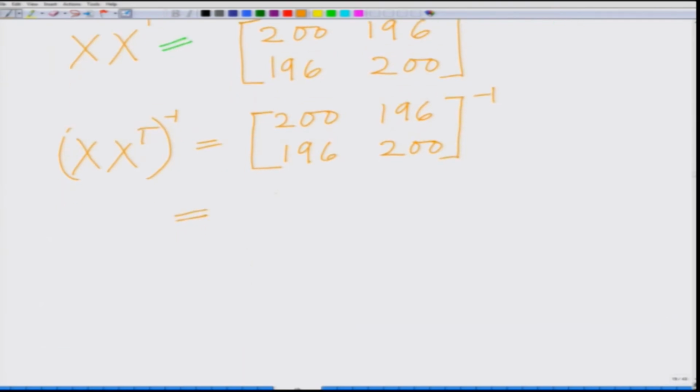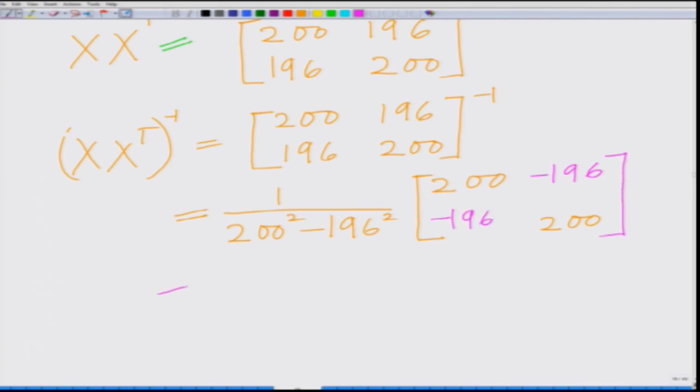So, the inverse can be computed rather easily, that is 1 over the determinant 200 square minus 196 square times you interchange the diagonal elements and negative of the off diagonal elements, that is minus 196 minus 196,